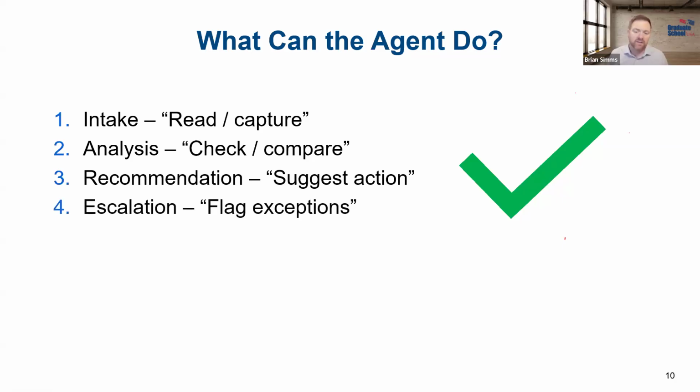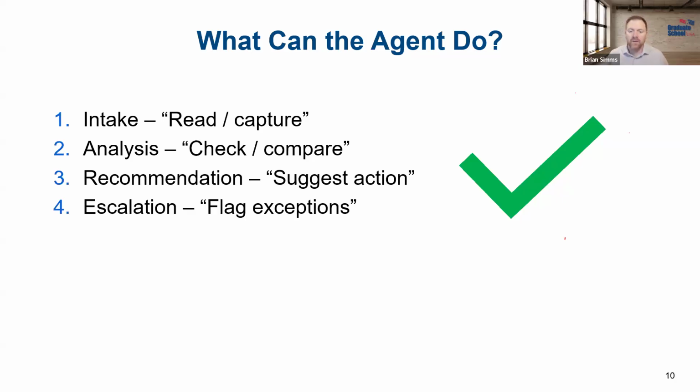Lastly, escalation, and this is really crucial because a well-designed agent should know what its limits are. If something unusual is coming up, an agent should hand it off to alert someone else, right? Not try to handle it on its own. And that escalation is a feature. It's not a failure, right? That's good. That means the well-designed system is working.